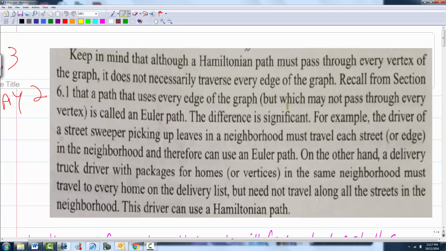But I like this because it puts together what we discussed yesterday: an Euler circuit and then a Hamiltonian circuit. Why are we doing this? Well, okay, you're not going to do this. But again, what I told you is the things that we're doing, we're just getting a real,